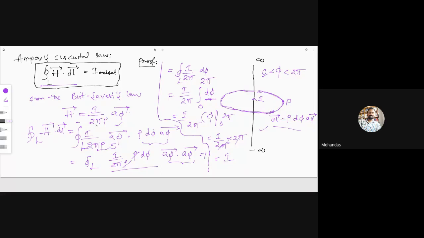Okay, so we started with the LHS of this Ampere circuit law, the closed line integral of H dot dl. And we got the RHS. What is the RHS here? I enclosed. I enclosed means this is the Amperian path which we imagined at the field point, and this Amperian path encloses this current I. That is nothing but I enclosed. So it is equal to the RHS, and hence Ampere's law is proved. So this is about the statement of Ampere circuit law and the proof for Ampere circuit law.